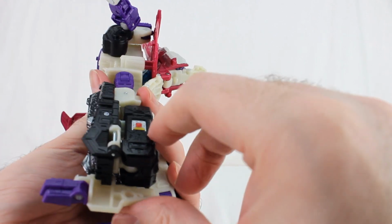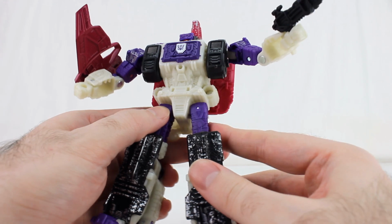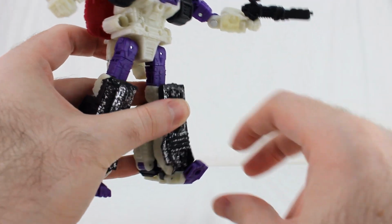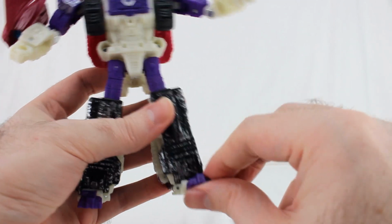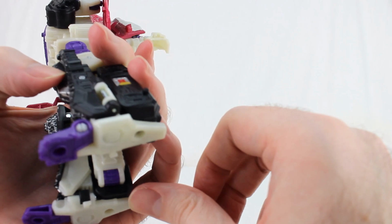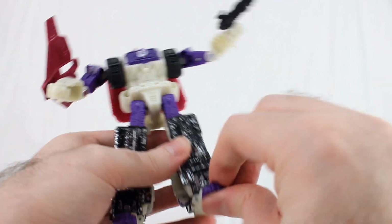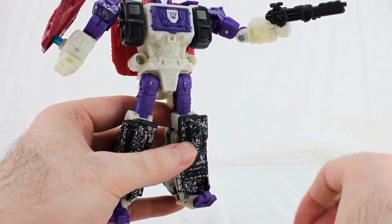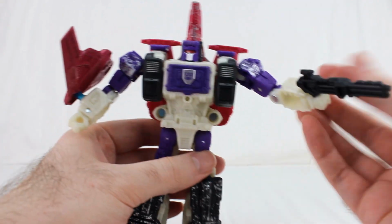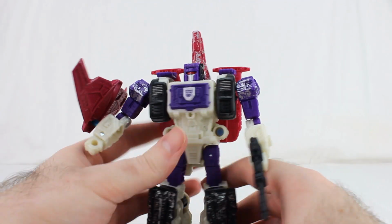There's a little peg here for this foot if you want, but I don't like to leave it pegged because, you know, leave it in a stance and it keeps it more stable. And you got a toe joint, which can go up. You can also go down a tiny bit as well, although that starts popping it off. So that's just a little simple clip. Yeah, like wheels. So it can go up if you want, so you can have a walking pose. So there you go. Just mostly great articulation and just some